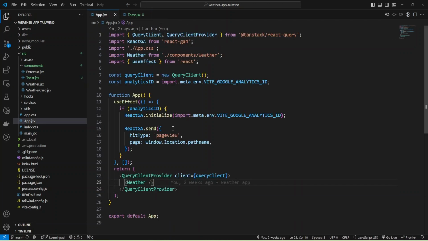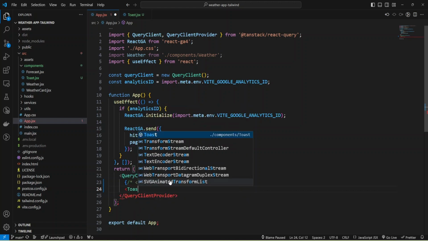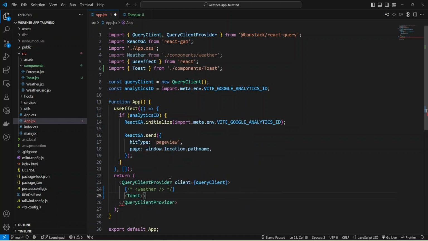Now we can use our component inside App.jsx. Let me comment out this component, and I'm going to add my Toast component with class and provide message.